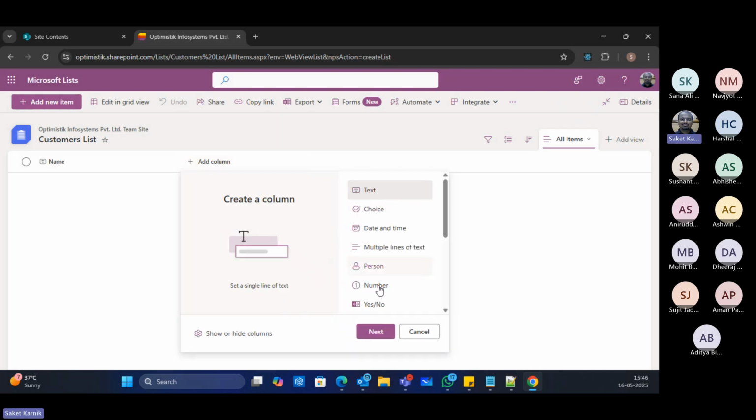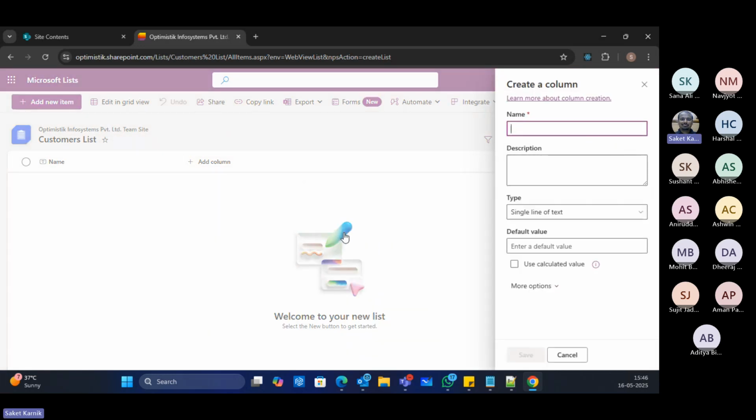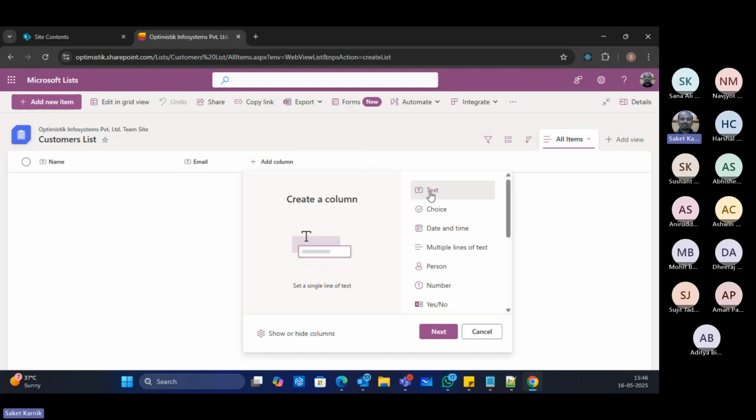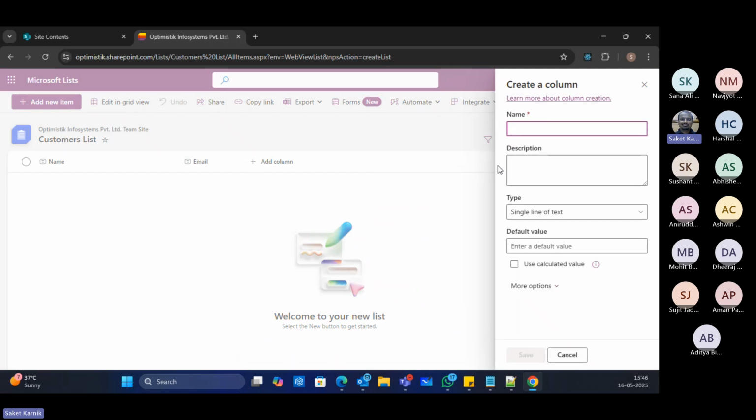Add another column, text type, next. I name this as email. I'm trying to build something for the salespeople who probably want to maintain the list of customers to whom they want to reach out to by emailing them. Maybe I add another column. Maybe this can be used for the cold calling purpose as well. So I'll say contact number,